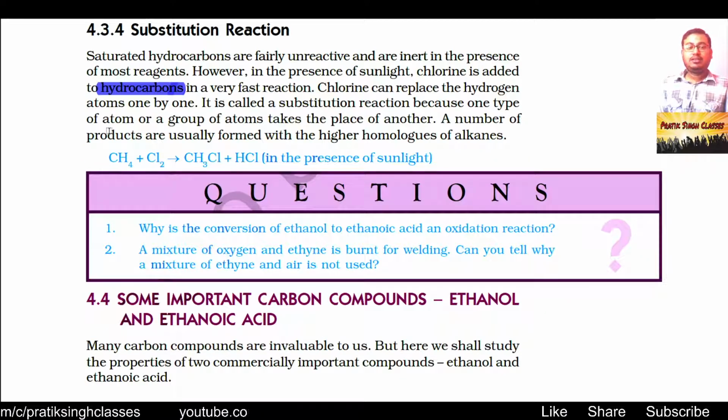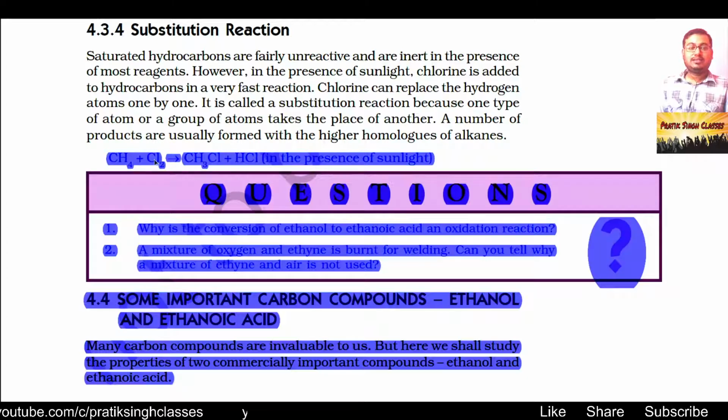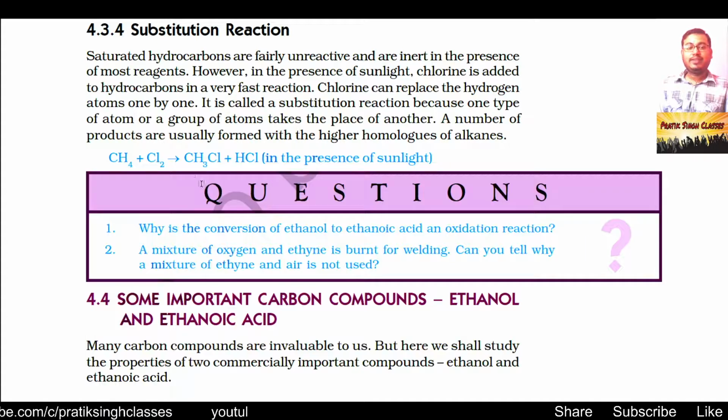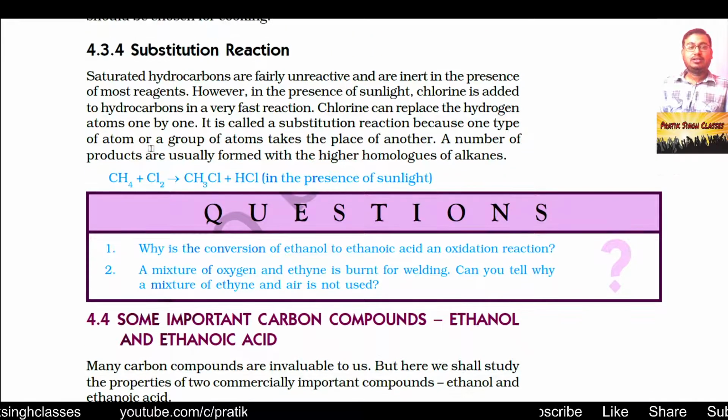Okay, a number of products are usually found with the higher homologues of alkanes. As you can see, an example is given here: methane plus chlorine in the presence of sunlight. Do remember, this reaction will happen in the presence of sunlight, and makes CH3Cl plus HCl. So this is an example of a substitution reaction because here one atom of chlorine has taken away a hydrogen atom